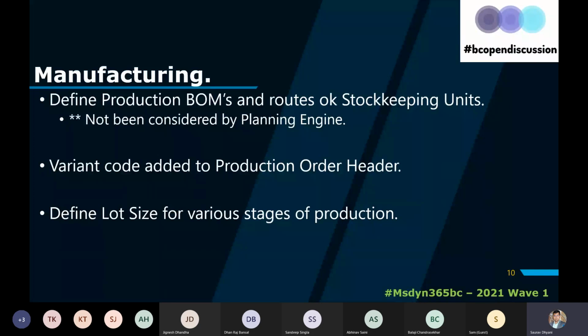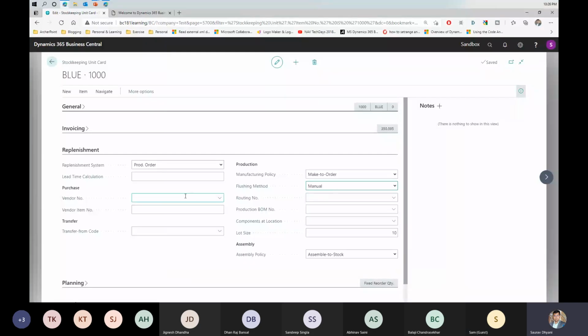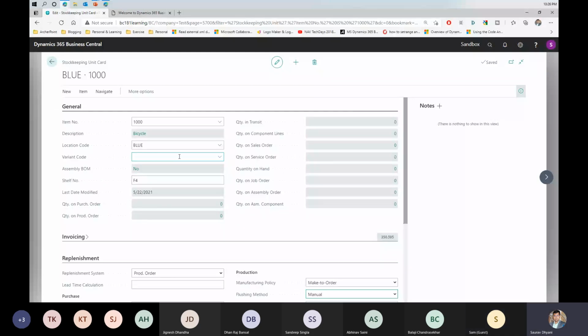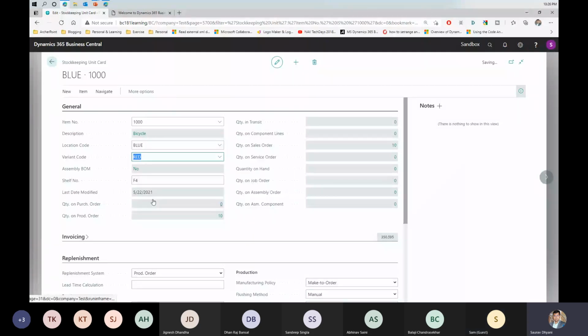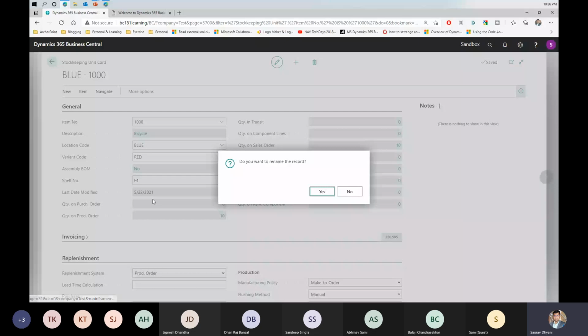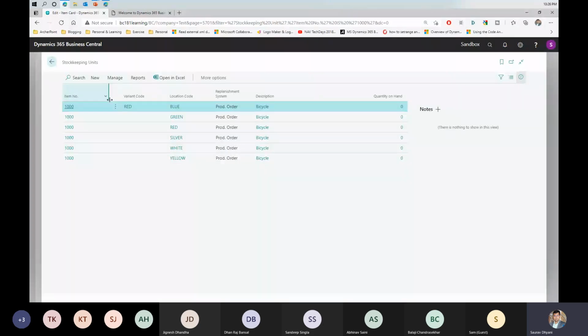And then if that variant is defined in an SKU, then all that will come into play, that for that particular variant, the routing and production BOM number in your production order will be picked from there. So just to give you an example, I might not have the data yet, but if I choose a variant for this item, let's say red, and then for this item, if I create a sales order,